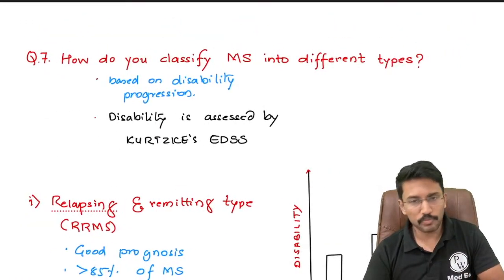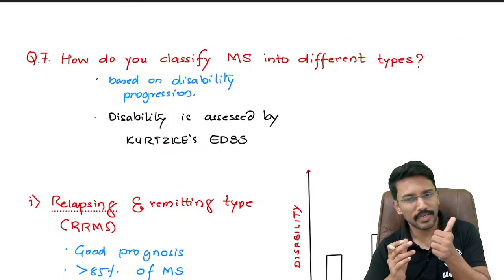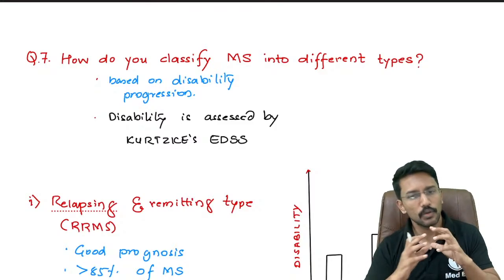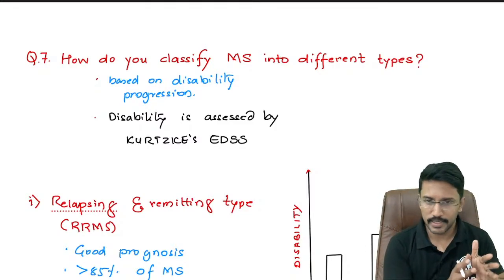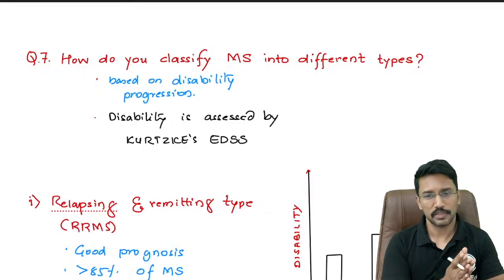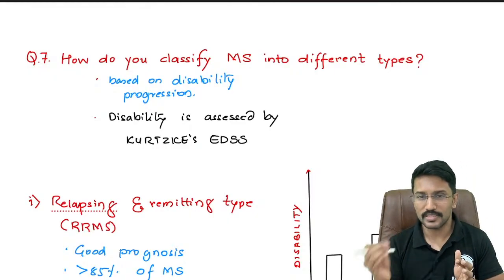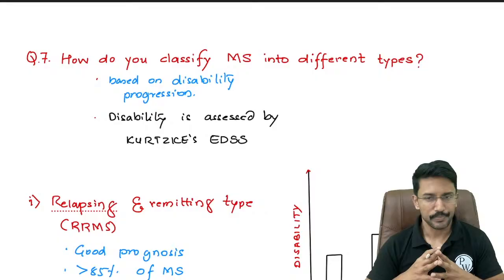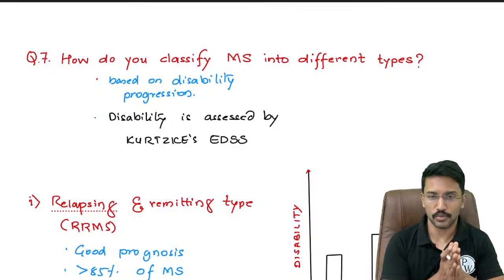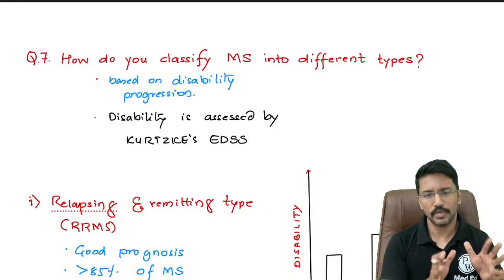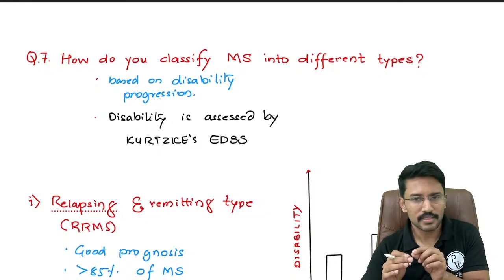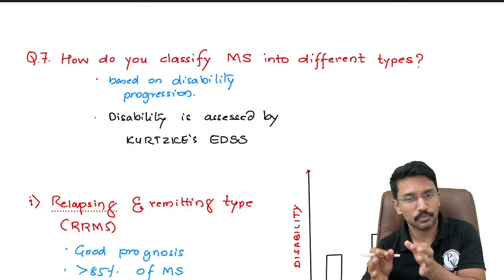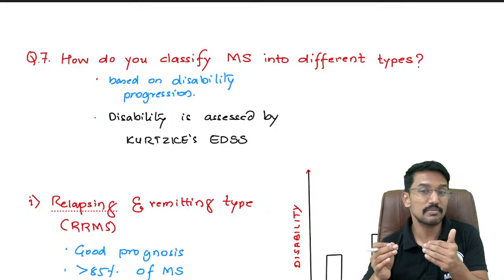So that's it for today about multiple sclerosis. What have we understood? What is multiple sclerosis? What are the important risk factors? What are the usual structures that get demyelinated? And then how do we classify multiple sclerosis, taking into account how the disability progresses over time. In the next class, we will talk about the diagnosis. One important point I will tell you, maybe you can spend some time on before coming to the next class: how do we make a diagnosis of multiple sclerosis using what is called McDonald's